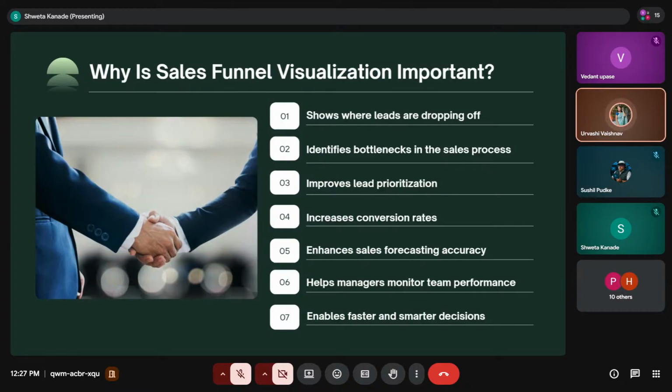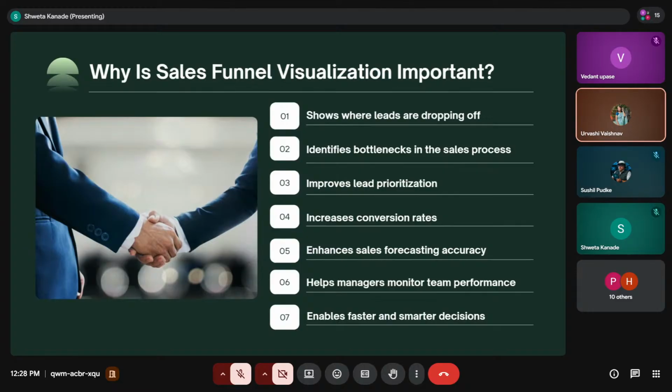It helps identify bottlenecks, highlight stages with lower conversion rates, and enables teams to focus on the most promising opportunities. As a result, businesses can improve conversion rates, forecast revenue more accurately, monitor team performance, and make faster and smarter